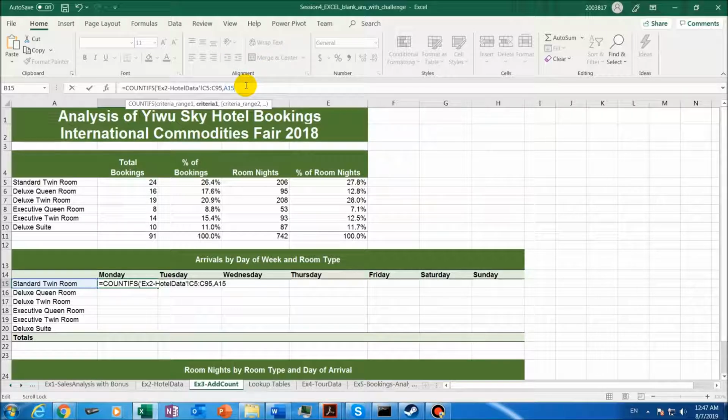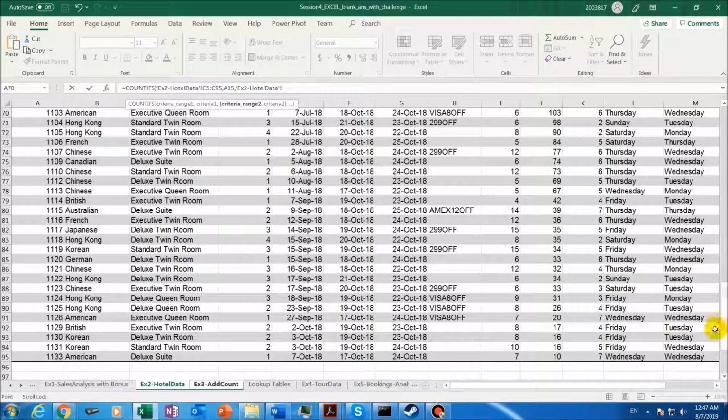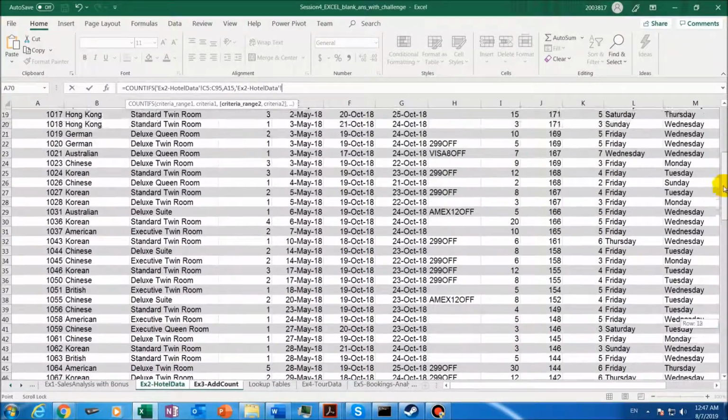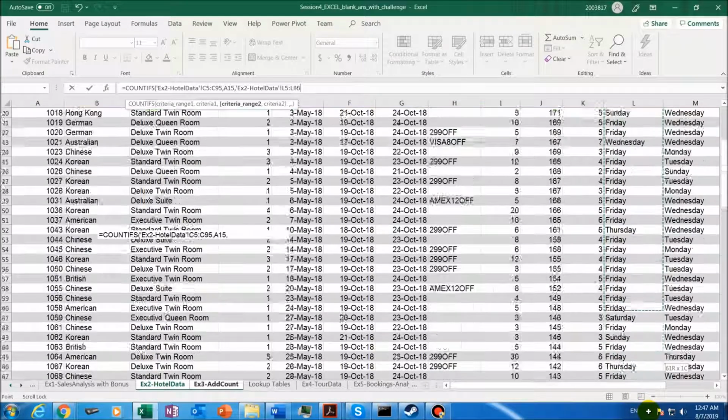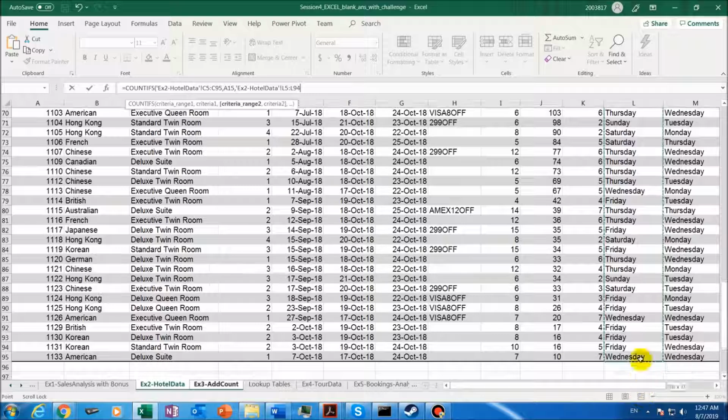So this is my first criteria range and my first criteria. My second criteria is I only want to count bookings where the arrival is on a Monday. So I go back to Ex3 hotel data and I select my second criteria range, which is the arrival day, L5 to L95,